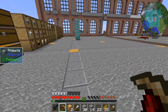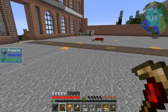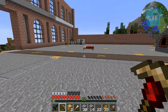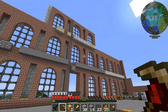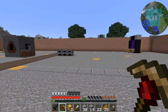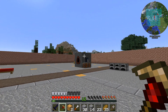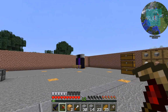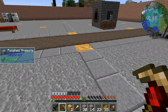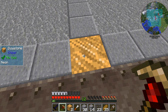And the other thing was I grabbed a load of glowstone just so that we could light up the floor. If I just press F7 really quickly, there's only a couple of places where there's an X, and I will have to sort those out for when we get the roof on there. But for now, this is just going to be open with the walls around here, so we've got a little bit of protection. I can notice it on top of the bits and pieces as well, probably up there on top of the portals. But I've got to say, this is the neon